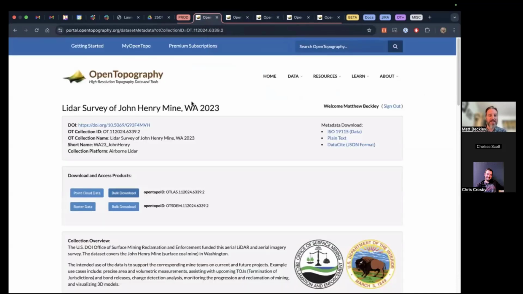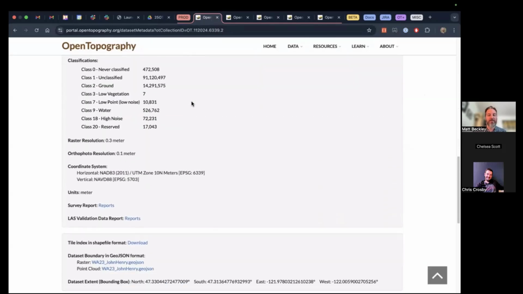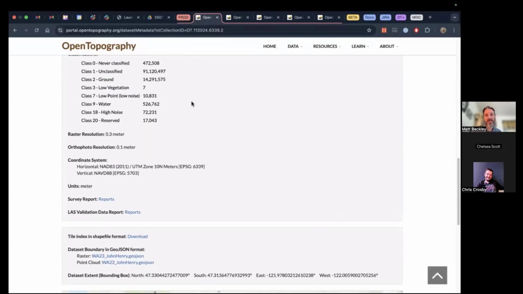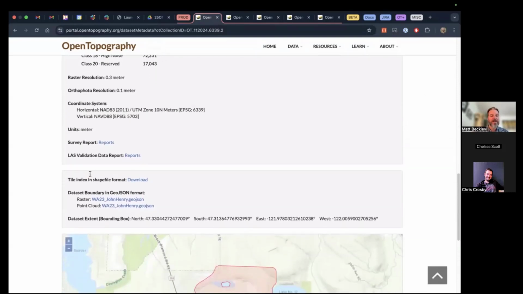The last thing I'm going to mention is tile indexes and how to access bulk data through tile indexes. So I mentioned for each data set, we create a tile index. It's in the shapefile format, a zipped shapefile. So if you download that and pull it into a GIS,